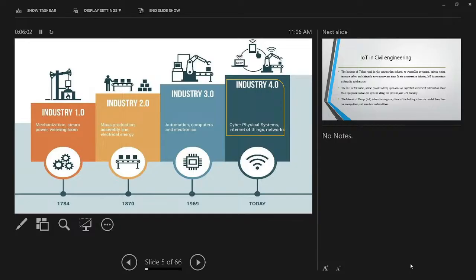Now we come to industry 4.0. It has now started widely, and it's going to be the future. In industry 4.0, the manpower will be very low compared to even industry 3.0. It is achieved by using IoT networks and cyber physical systems. Here you can see why we are using networks, cyber physical systems and so on. For example,